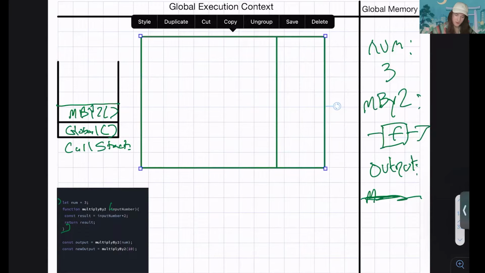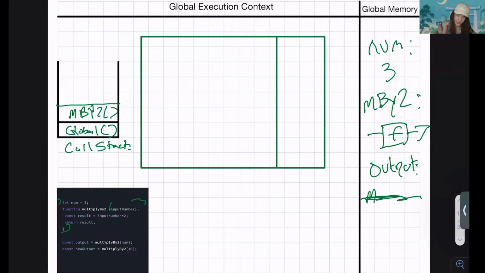As we've been moving here, we've been working through our thread of execution, making our way down here, right? We found our function definition. Because we haven't invoked it yet, we continue moving. We find that output, set it equal to what is going to be the evaluated result of invoking multiply by 2 provided num here. And now that we have invoked this is where we move into, as Odin has said, our local